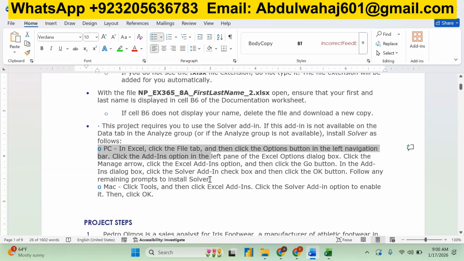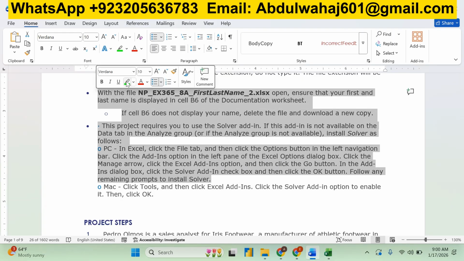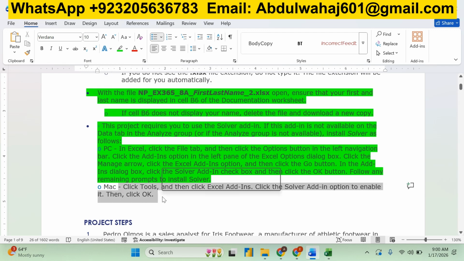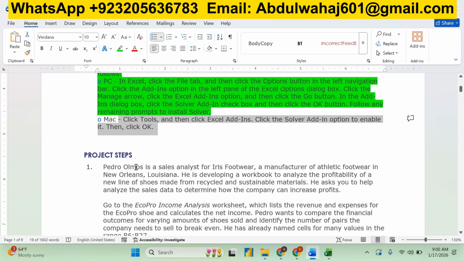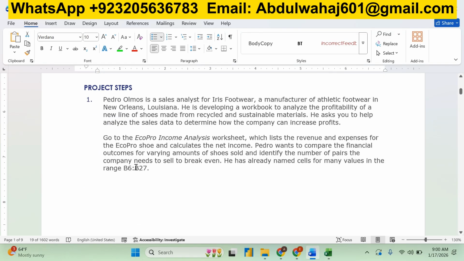The Mac one, I don't have a MacBook, so I can't tell you exactly. You have to look for the instructions as per this, and get your add-in installed. Okay, moving to step number 1, that is